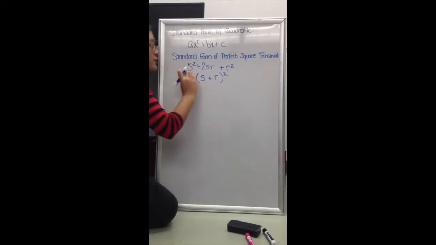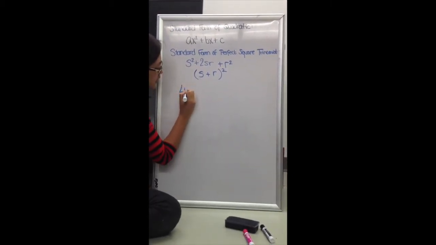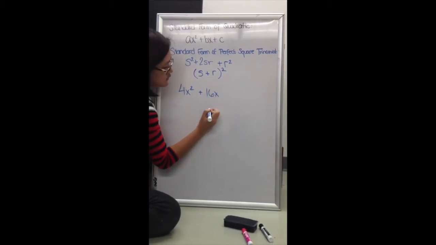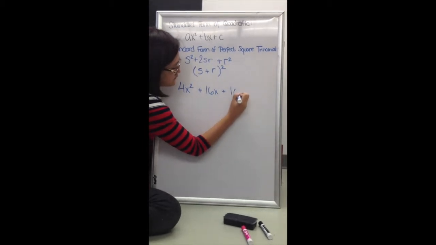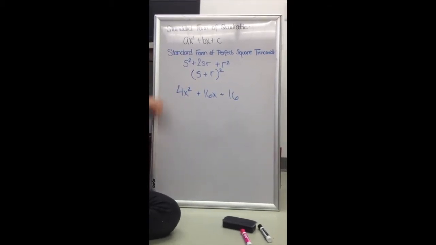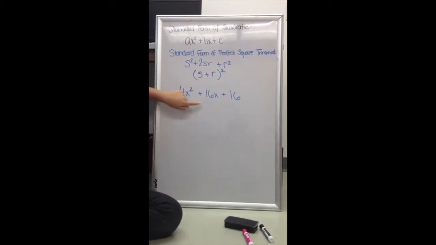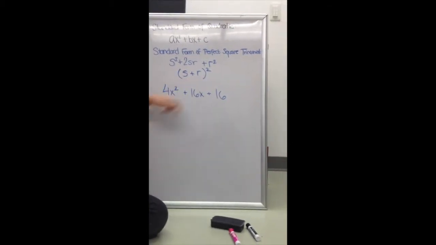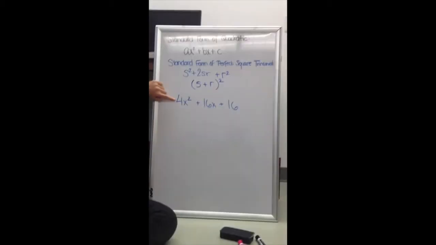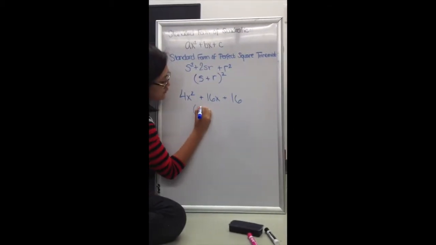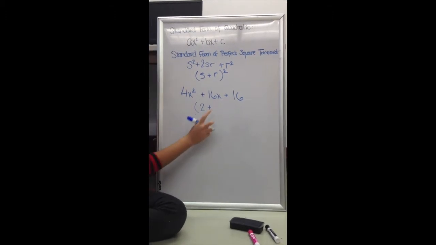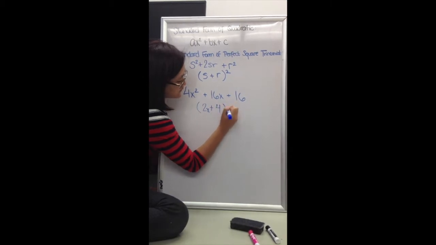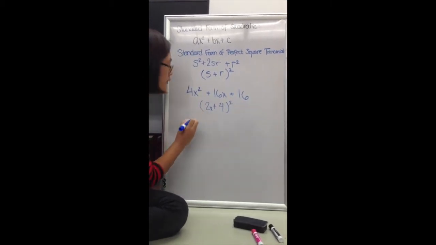So let's take this quadratic as an example: 4x squared plus 16x plus 16. As you can see, the 4 would be s squared, 16 is the 2sr, and this 16 would be the r squared. So to factor it, you would take the square root of the value of a, which would be 2, plus the square root of the value of c, which would be 4, squared. To check our work, let's